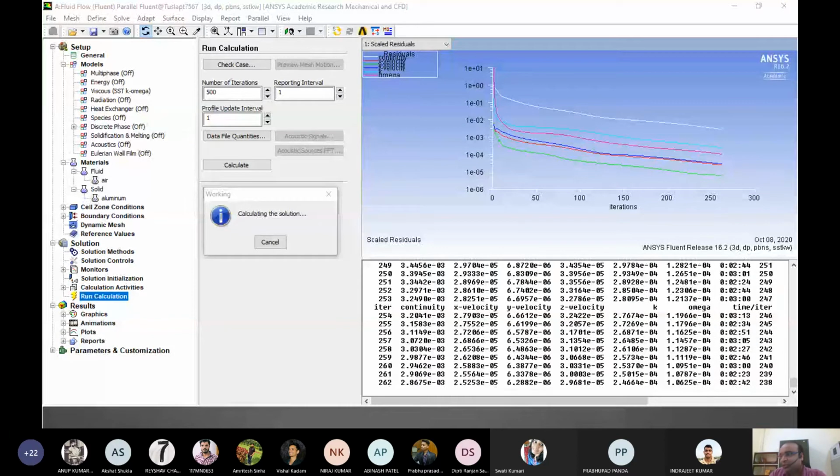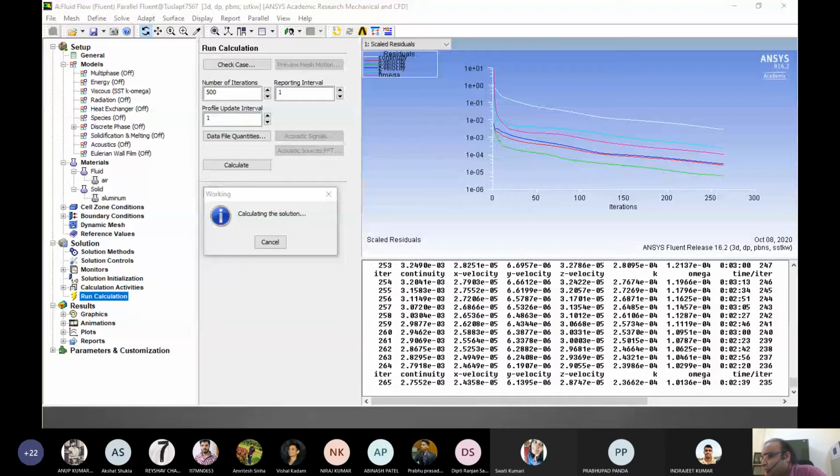So it's reached 300 for now, and one of the residuals, the green one, I think some of the velocities, there's so much hodgepodge in this area. So the green one is reaching below 1e-5. This is x velocity.